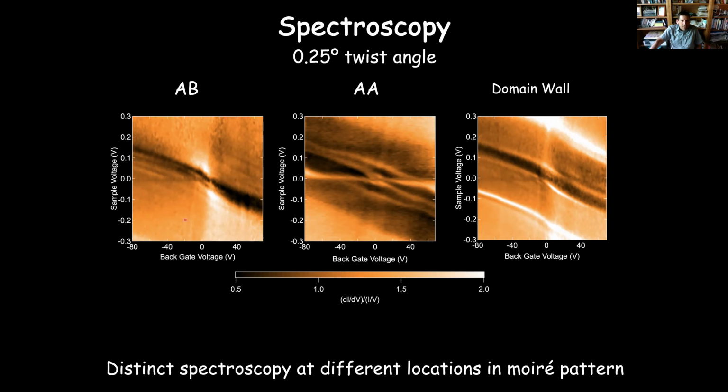What you'll notice is as I apply an electric field, that's this backgate voltage as a function here of tip sample voltage. The color scale again is density of states. So dark means it's insulating, white means it's highly conducting. In the AB regions, when I go to high backgate voltage, it means I'm applying an electric field, and you start to see a band gap opening here. Right? There's this region of 0 density of states, and so we have a gap opening in the AB region.